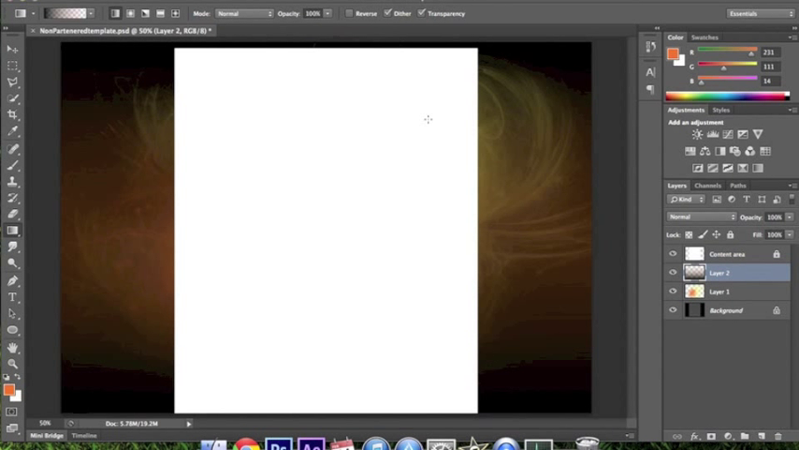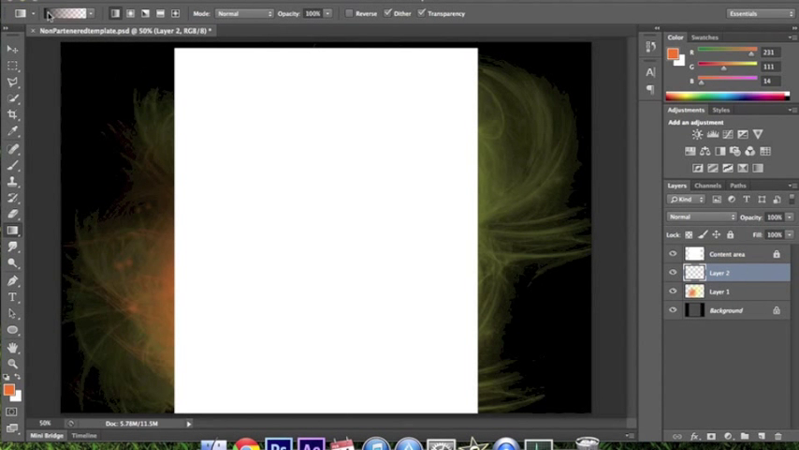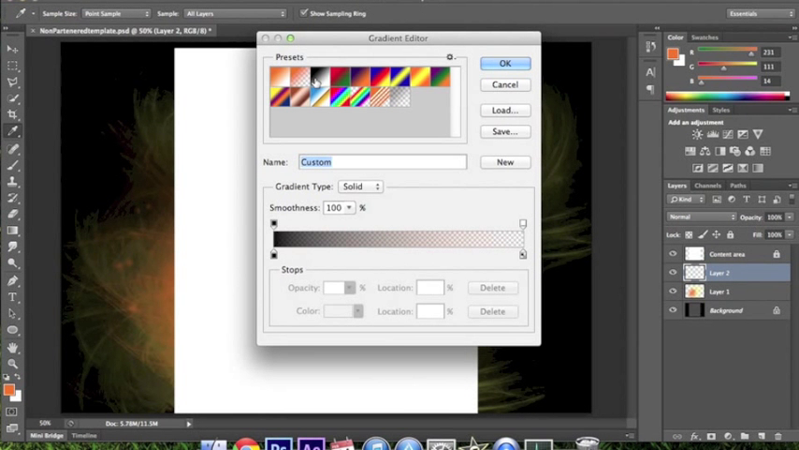take that gradient off, so Control Z, and we want it to be